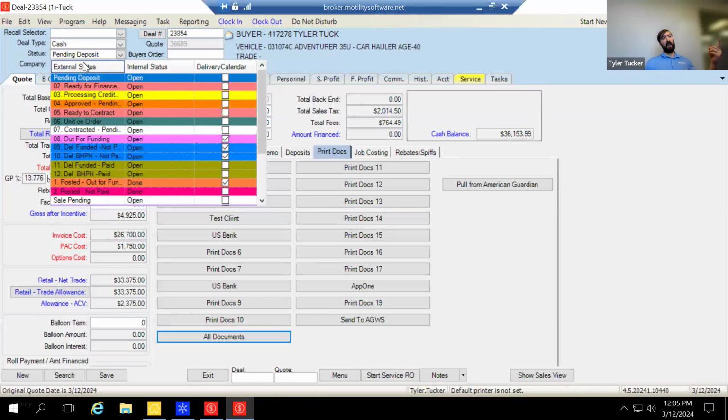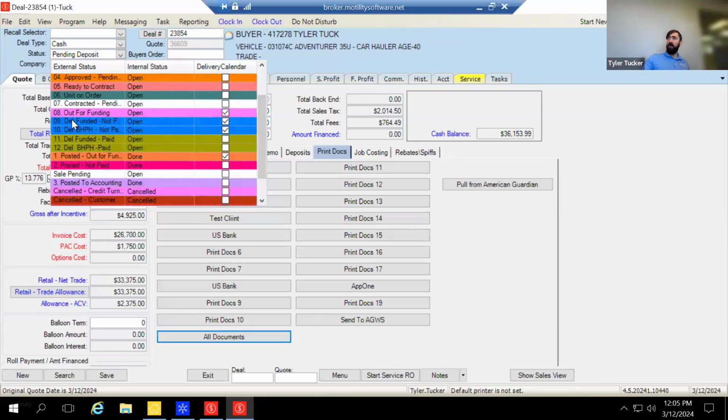So is it ready for financing? Is it an open deal? Is it approved or pending finance? Are we waiting for the contract to be signed? These are all things indicating that the deal is not completed. It's not canceled. It's still being worked. So the internal status for all of those is set to open. Now, if I scroll down a little bit, you're going to see two of these right here say done in